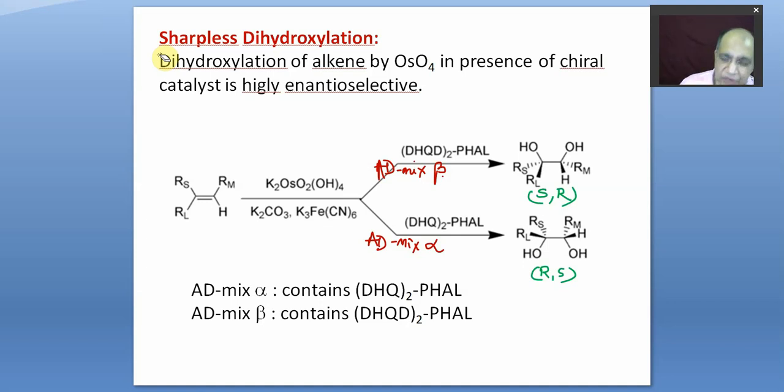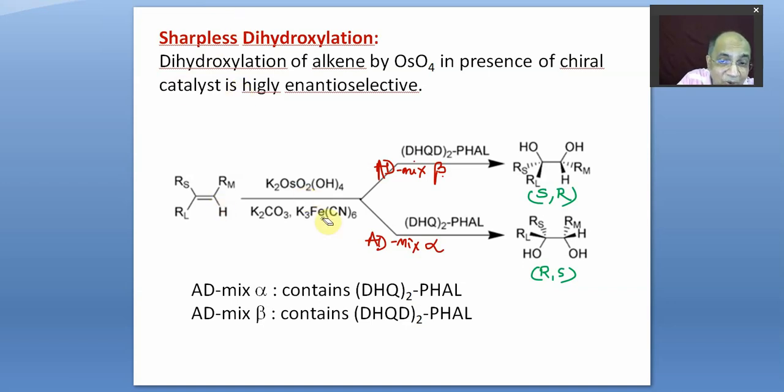One of them is using osmium tetroxide with an alkene. If you have studied alkenes, you know the reaction of Baeyer's reagent, cold dilute alkaline KMnO4, or osmium tetroxide, gives the diol, the dihydroxy compound, due to cis addition. That's already known. But what Sharpless did, the scientist who got the Nobel Prize,